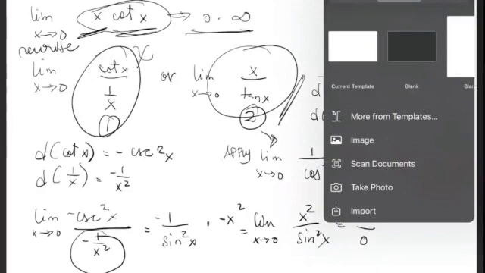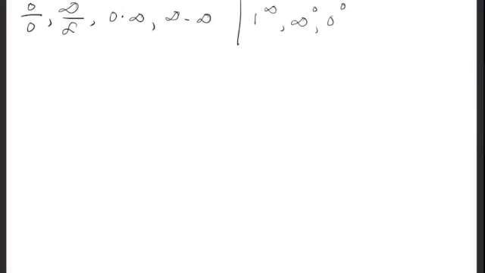Ano pang mga indeterminate forms natin? Tapos na tayo sa 0 over 0. Nagbigay na ako ng example ng infinity over infinity. We have 0 times infinity. Let's take up infinity minus infinity. Because the other forms that, let's say for example,